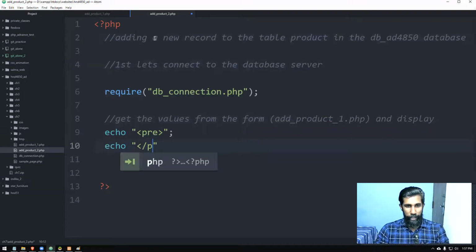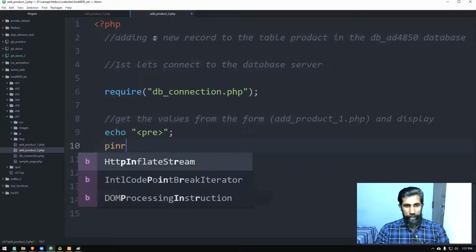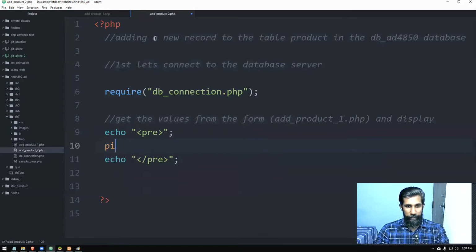Doesn't matter how big your project is, please do like this to avoid the errors, right? So we're going to say print_r. I have already taught you what is that. Print_r. So you use the request array because whatever the method that you use to send the information, definitely it's getting copied to the built-in arrays, one of which is the request array. So we are displaying the details of the request array here.